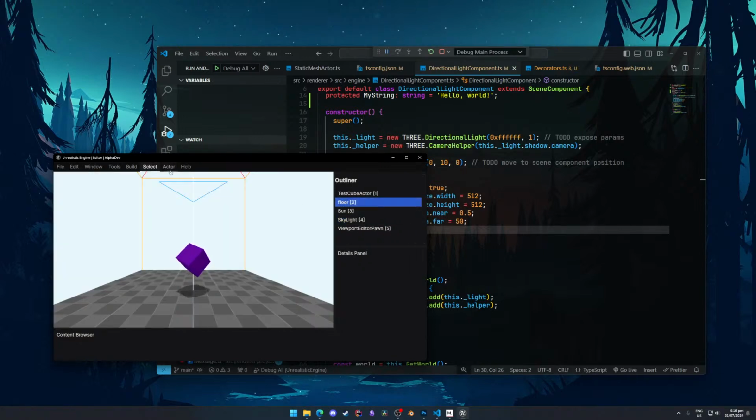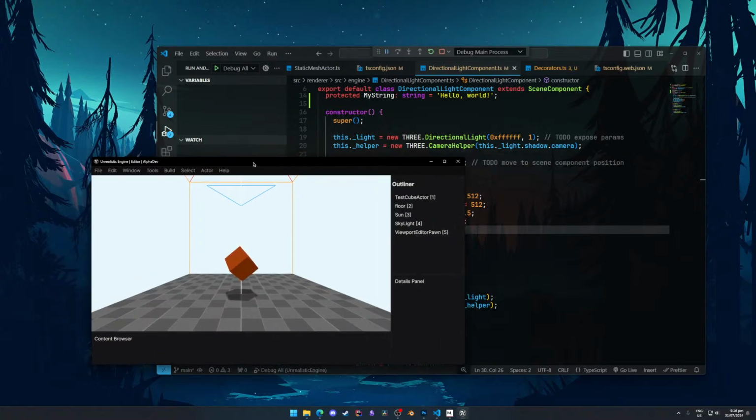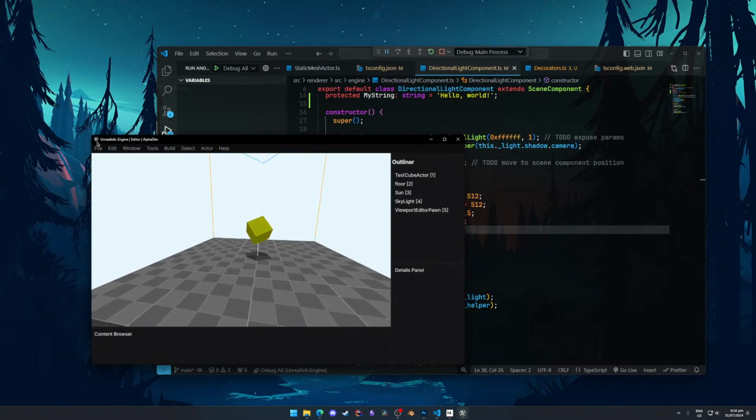I'm trying to think if I fixed anything else. I did some styling on the scroll bar, and I added a refresh button here, which is helpful for basically refreshing this window. Oh, I added an icon for the engine. So yeah,